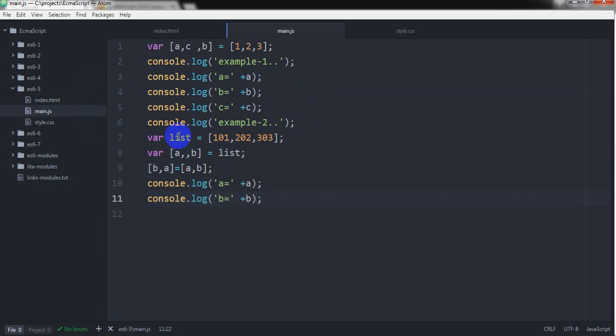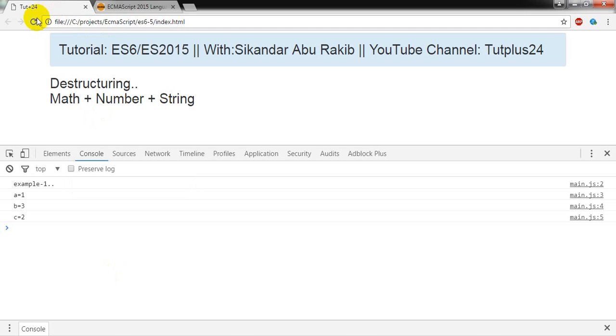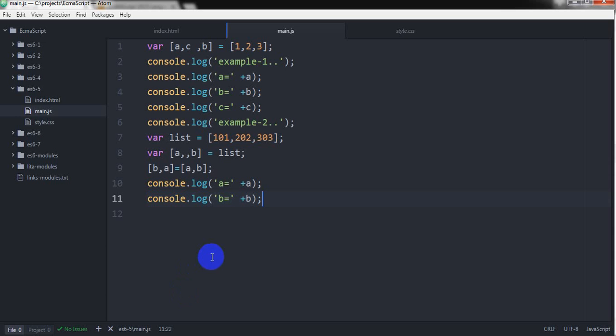So what I am doing here, I am creating another array, and I am reversing the values. Example 2, a is equal to 303 and b is equal to 101. Okay, so if I go for another example,